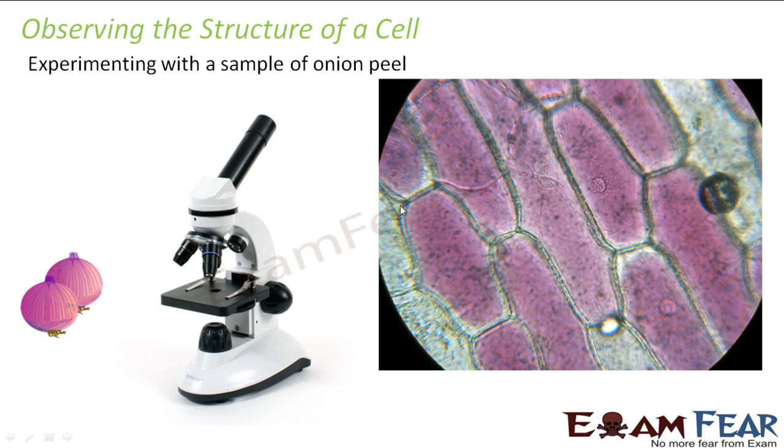Now each of these cells has a wall which encloses the cell. This wall, this covering of the cell, is known as the plasma membrane. Inside the cell, you have something which fills the space. That is a fluid-like structure known as cytoplasm. Plasm always refers to some fluidy structure, right? So this is known as cytoplasm.